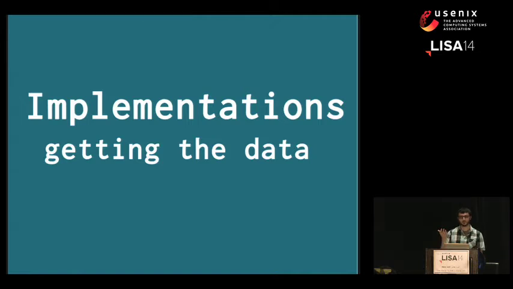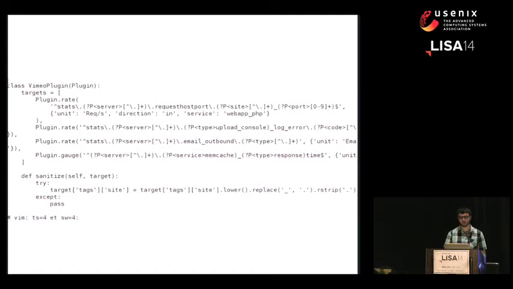In terms of implementation, let's first go over how you actually get this data. There are two ways. If you already have existing metrics, for example from Graphite, you can use these Python plugins. They come in a library called Structured Metrics, which is part of Graph Explorer, which I'll go over later. The point is, it's basically just regular expressions that parse your metrics, and using named groups, you just convert them into the 2.0 format.